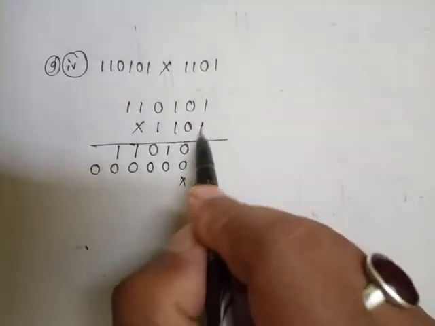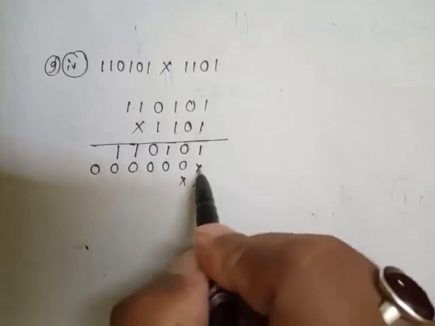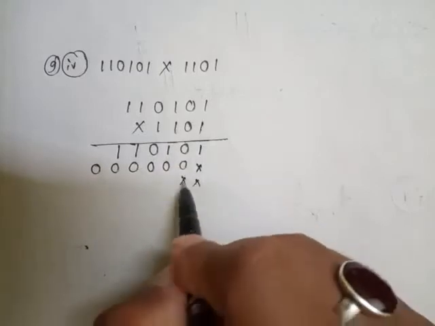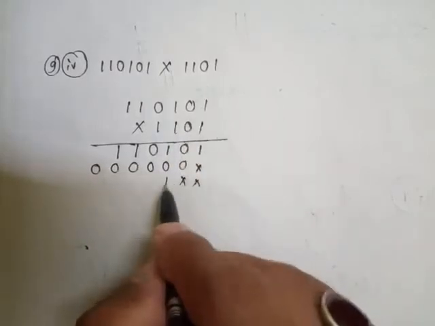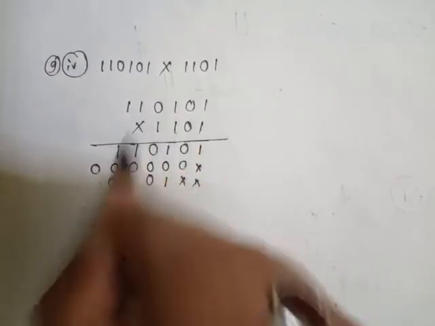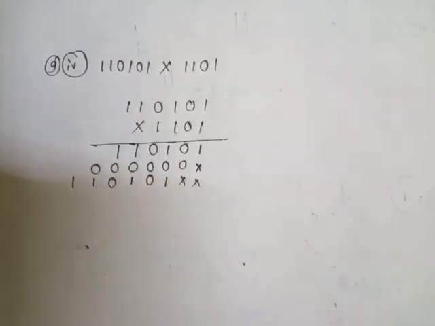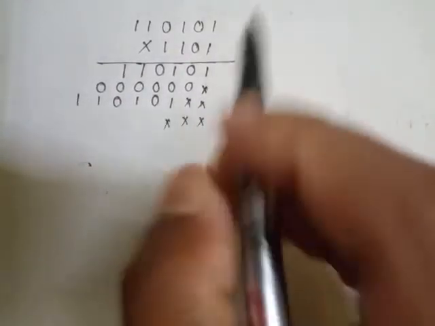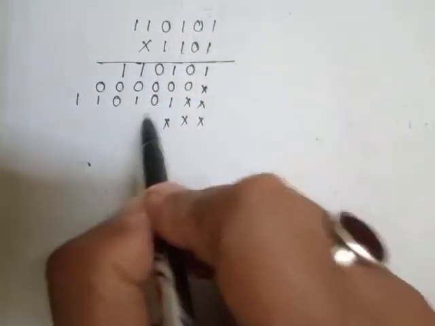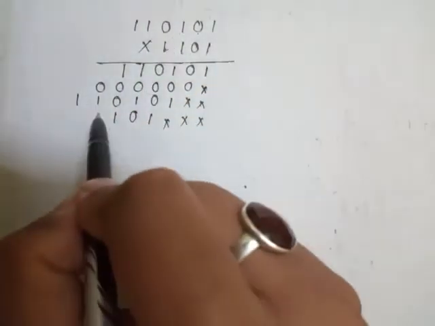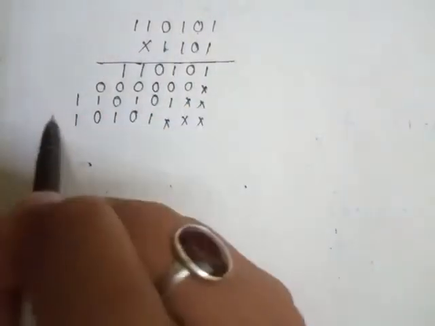Next one, 1 and 2. Look here now. For the first one, this line. For the second one, leave the first place and then multiply. For the third one, now 1, 2. Now we'll start from here. 1 into 1 is 1, 1 into 0 is 0, 1 into 1 is 1, 1 into 0 is 0, 1 into 1 is 1, 1 into 1 is 1. Now just after that, next would be cross, cross and cross. Look here, 1, 2, 3, and the last one is 4. Now go for the multiplication. We'll start from here. 1 into 1 is 1, 1 into 0 is 0, 1 into 1 is 1, 1 into 0 is 0, 1 into 1 is 1, 1 into 1 is 1.